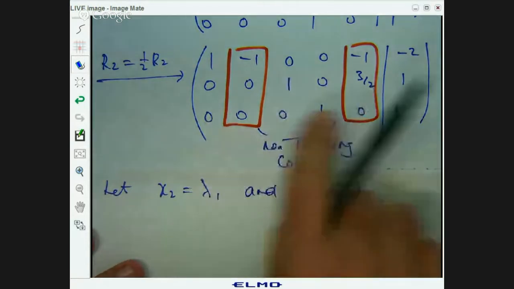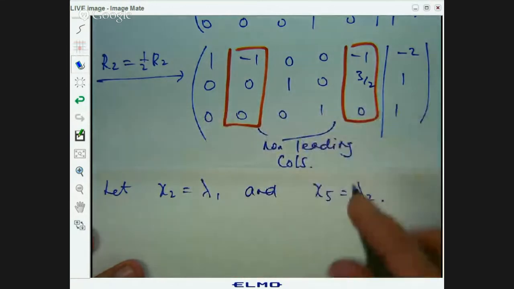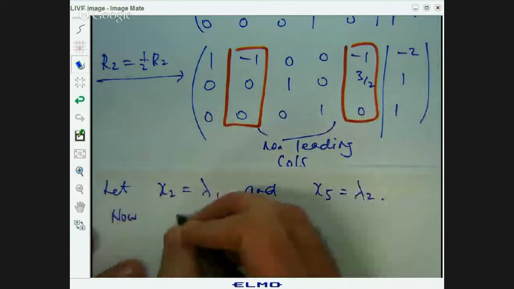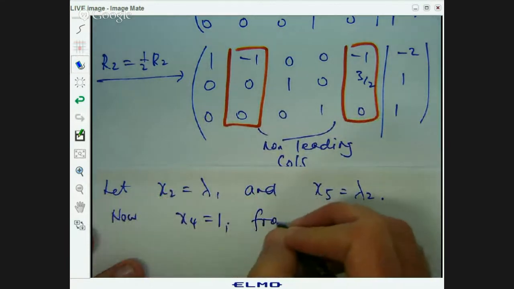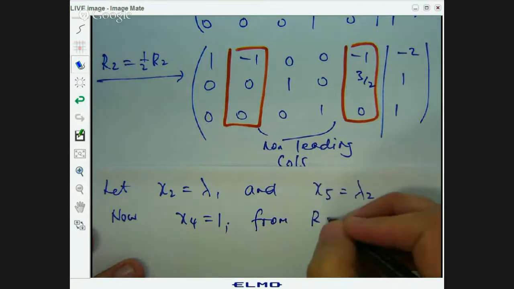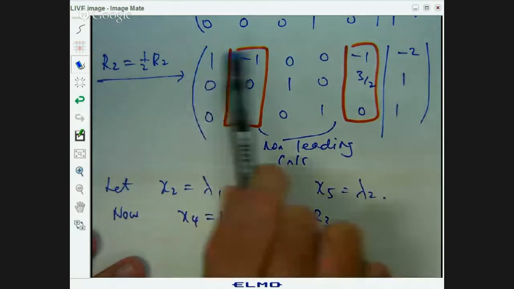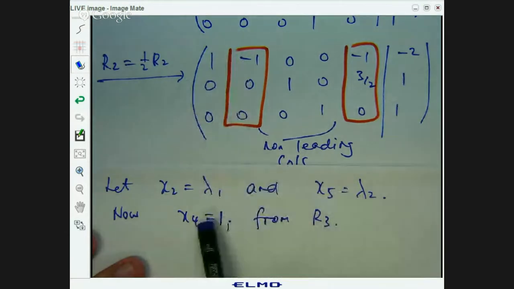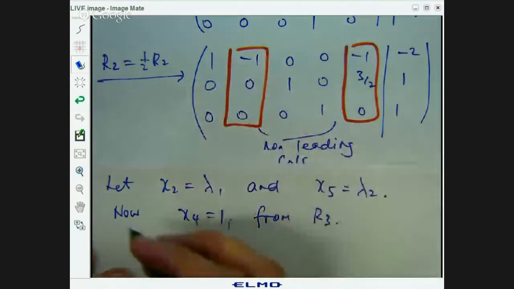Now, what does this row say? This row says x1 x4 equals 1. Okay, from row 3. Okay, so what we're going to do, we're going to use each row and use these parameters and this value to get x1 and x3. All right, so row 3,